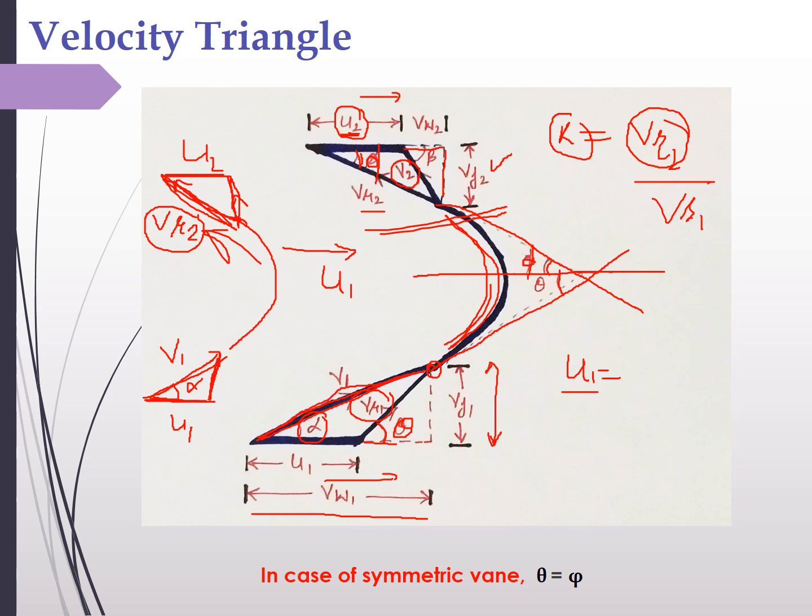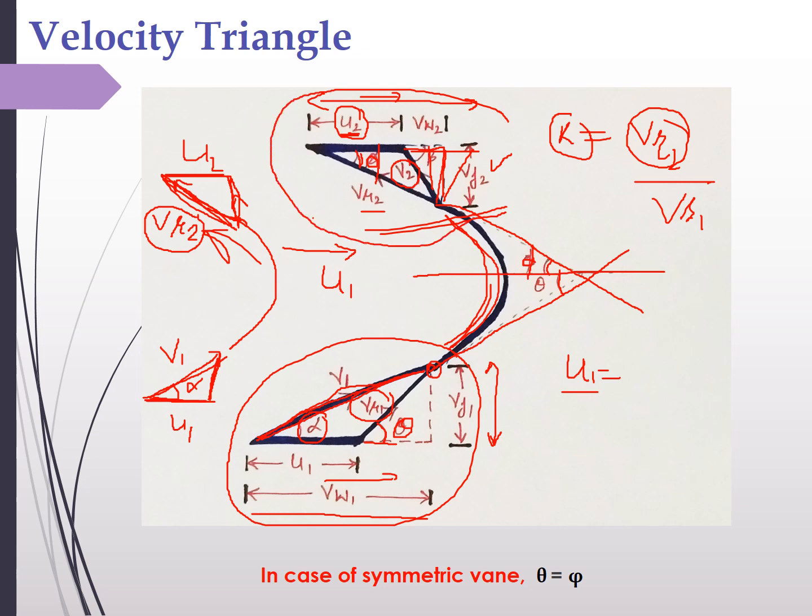So this was the case for a slow moving runner. Again, if the velocity U2 of the vane is more, certainly this magnitude will increase, and this line will tend to come over here like this, and it can go towards that side depending upon the magnitude of this U2. So it was a case of a slow moving runner. As far as the inlet velocity triangle is concerned, it will not change. It will remain the same for each and every case, but the outlet velocity triangle may change depending upon the velocity of the vane, which we will discuss in the next slide.